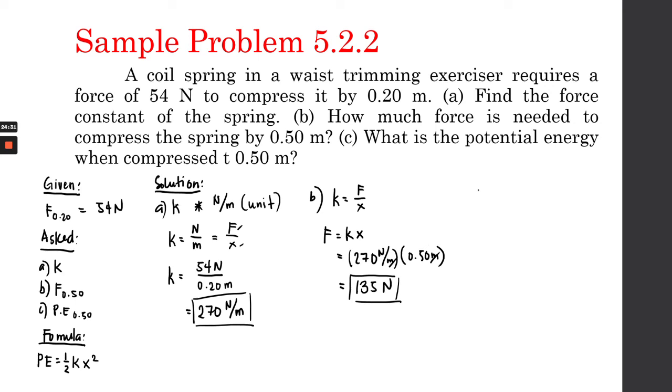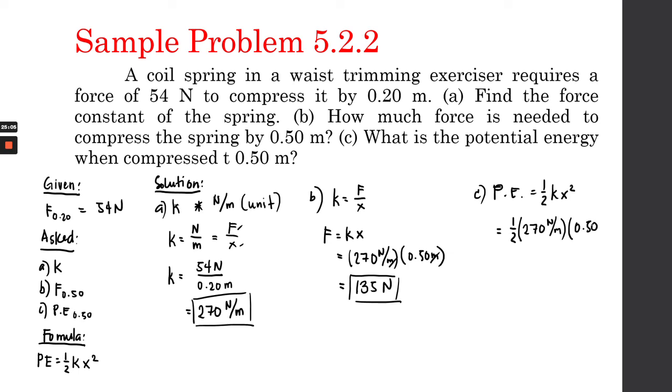And lastly, now we can solve for the potential energy. We know that the potential energy of an object is equal to 1/2 kx squared. And the potential energy of the object, if I compress it at 0.50 meters, I can just take 1/2 multiplied by its force constant of 270 newtons per meter multiplied by